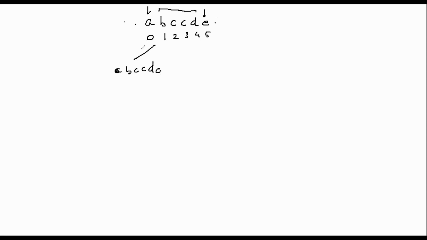I need to find the minimum number of insertions that I would make, plus 1 because one insertion I've made at the end. Or if I add E at this end, the problem left with us is A, B, C, C, D, plus 1 again because I've inserted 1. So whichever gives the minimum number of insertions, that would be my answer. So let's see this in an index way. So 0 to 5 we are given. Suppose 0th and 5th element are not matching.